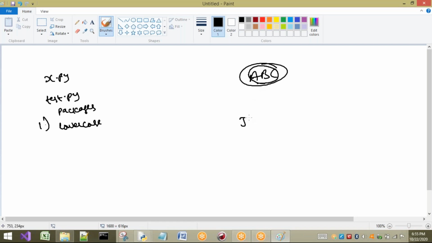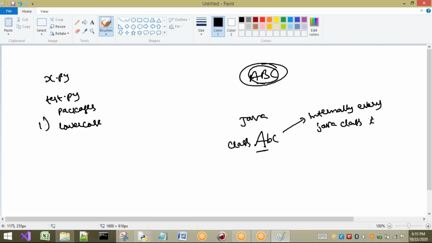For example, if I take the Java programming language, there everyone is going to use capital letters for a class, starting letter as capital. Is it compulsory? It is not compulsory, but why they are using a capital letter for a class means internally every Java class has its starting letter as capital.